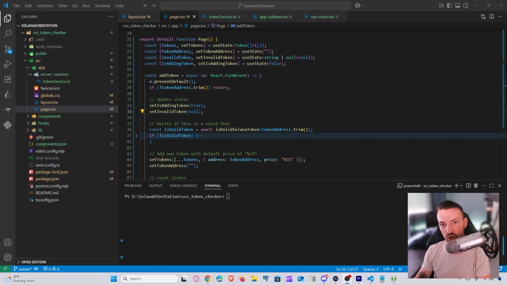Alright, so the next functionality that we want to add is checking the token information, like the name, the symbol and the image, and also fetching the token price. To do that, we can use the Solana VibeStation APIs,